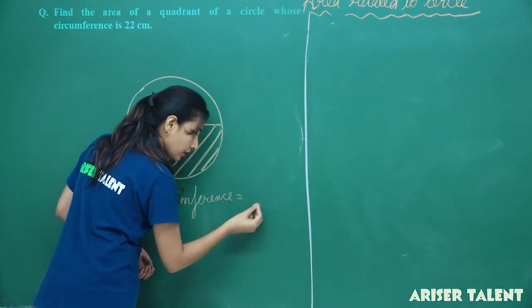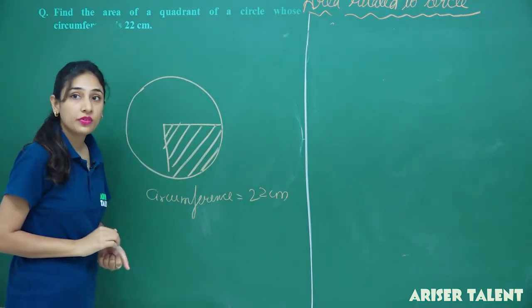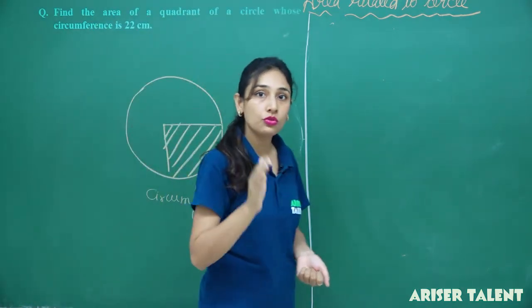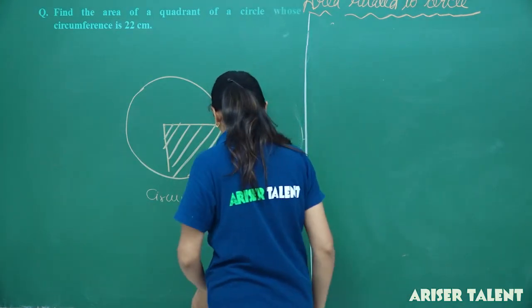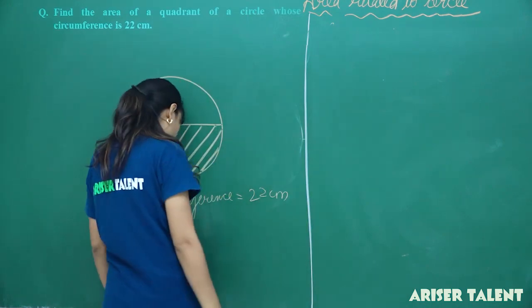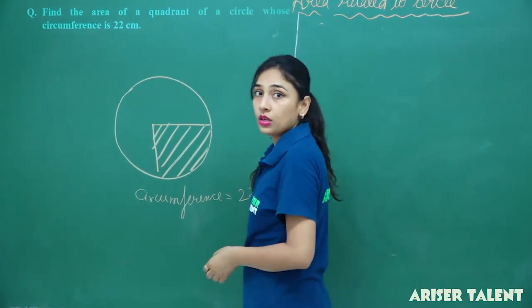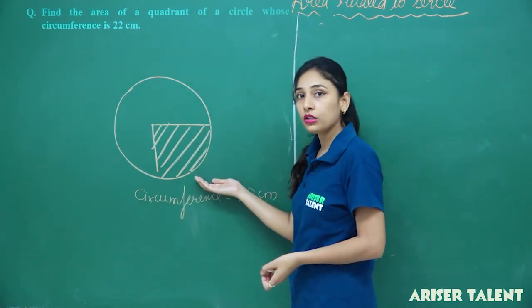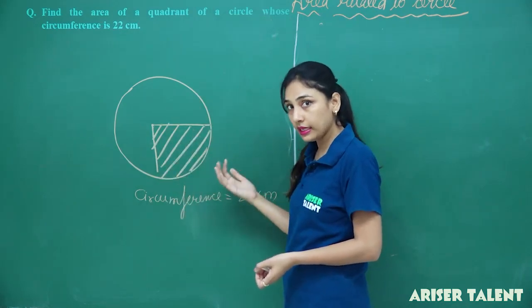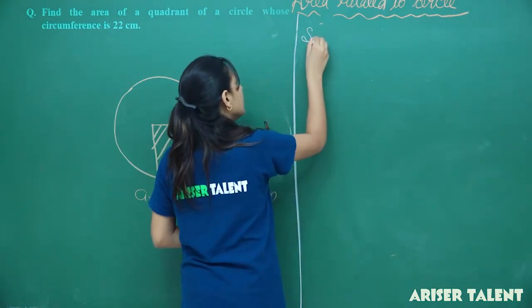So, this circumference is given as 22 centimeter. Now, what is circumference? Circumference is nothing but 2 pi r. Okay. So, we have to find the area of a quadrant. First, the question arises: do we know the formula of the quadrant of a circle? A quadrant is one fourth of that particular area. So, what will we do? Simple. In the solution part,